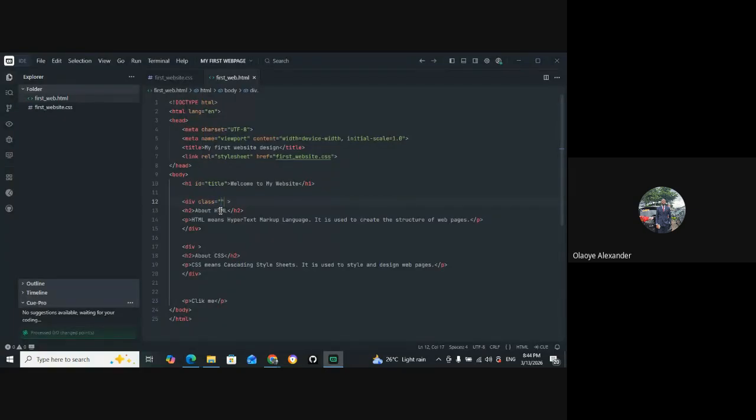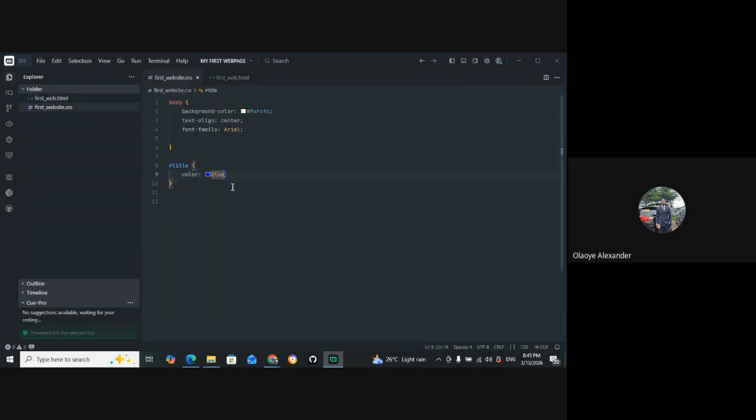ID because we can name it any other thing. But I think container is the best name to name it. So that's class again. Then you name it the same thing, which is container. So what are we doing now? It helps us to be able to address a particular instruction to that aspect of the page. Then you just come to your CSS. Because if you go to our page,